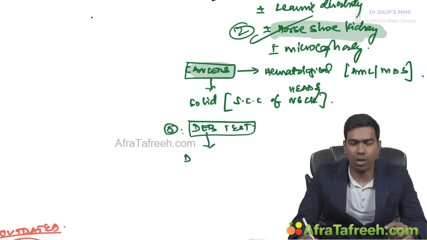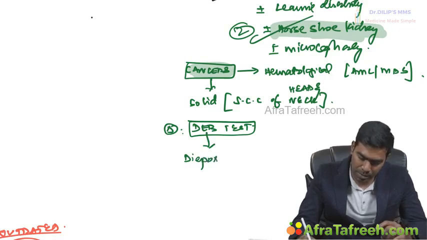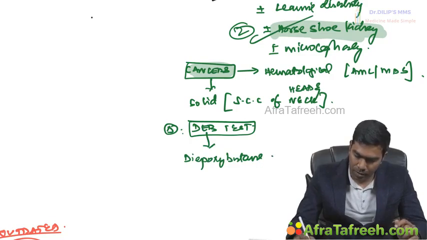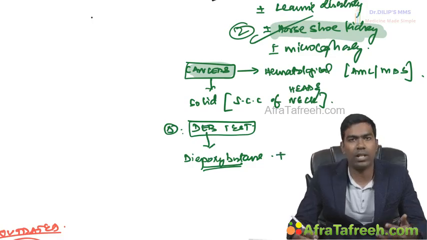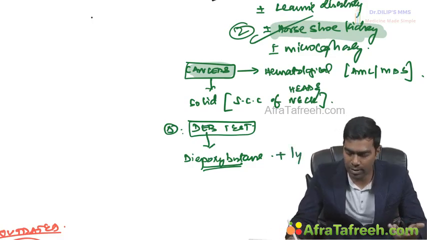DEB stands for something called diepoxybutane. So what happens is, whenever you put this diepoxybutane and incubate the lymphocytes